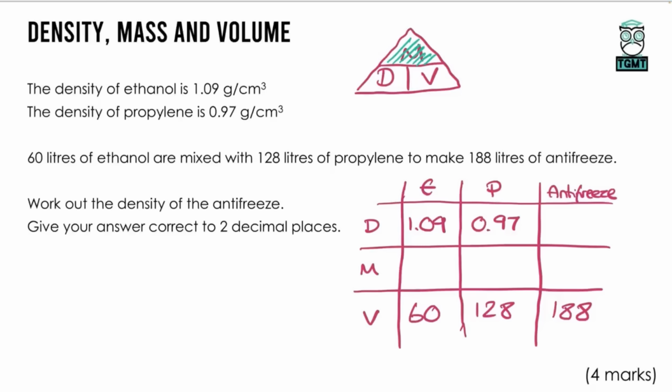For working out the mass though, we are going to do this multiplication. So I'm going to write my working out to the side for this first one, which is 60 multiplied by 1.09. So 60 times 1.09, and when we multiply them together, that comes out as 65.4. I can then work out the mass of the propylene by doing the volume, 128 times 0.97. So 128 times 0.97, and that's going to give me the mass of the propylene, which comes out as